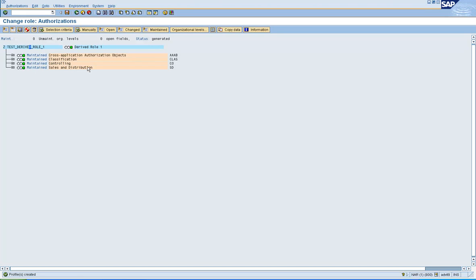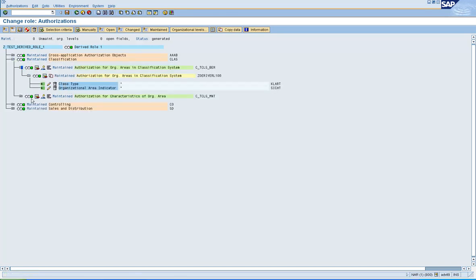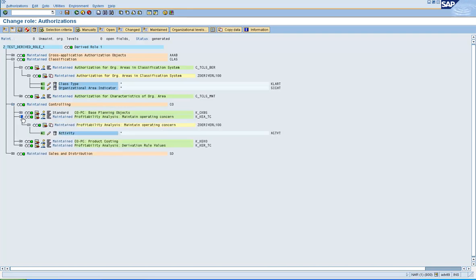Now in our testing scenarios, we are going to check what will happen if we make a field value change here. For example, if I change one of these field values and then make any change to the parent roles, does it affect the child? Does it affect the derived role?